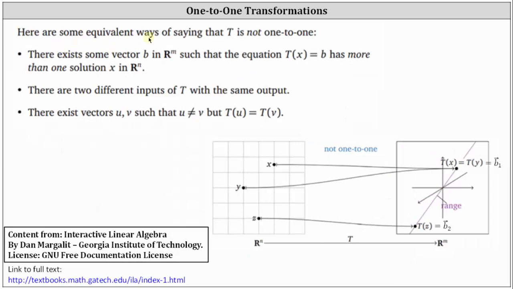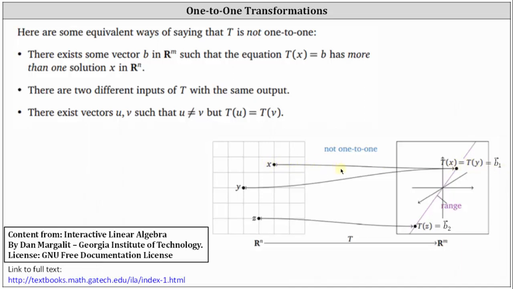And now let's talk about equivalent ways of saying that T is not one-to-one. T is not one-to-one if there exists some vector b in R^m such that the equation T of x equals b has more than one solution x in R^n. So looking at the mapping below, notice for vector b sub 1, there are two corresponding inputs or two solutions to the equations in the form of T of x or T of y equals b,